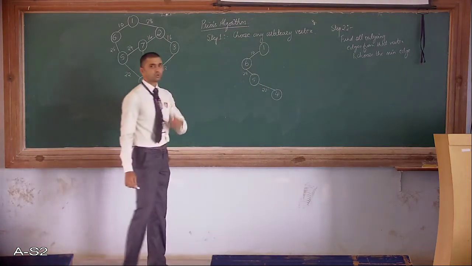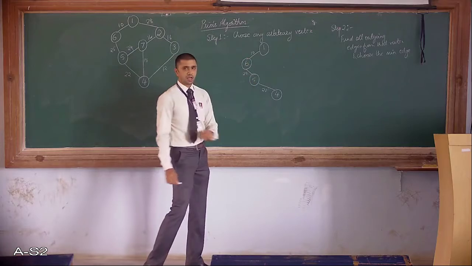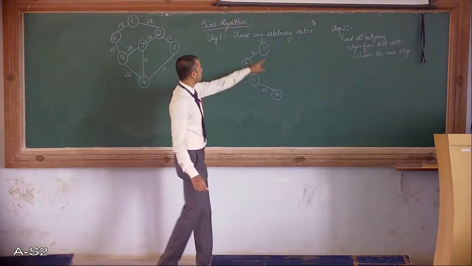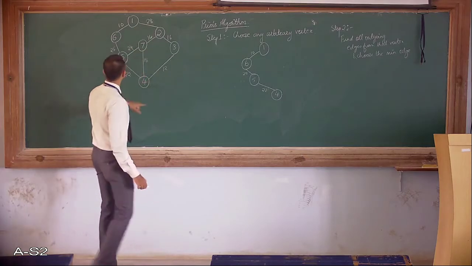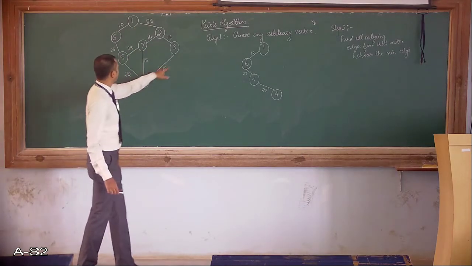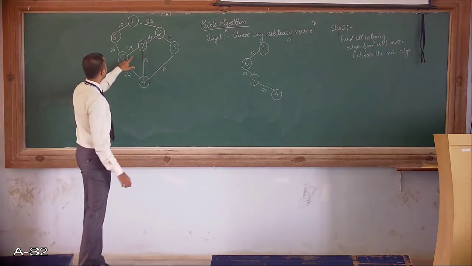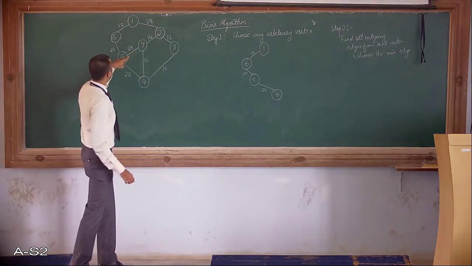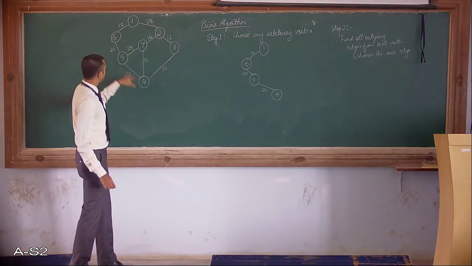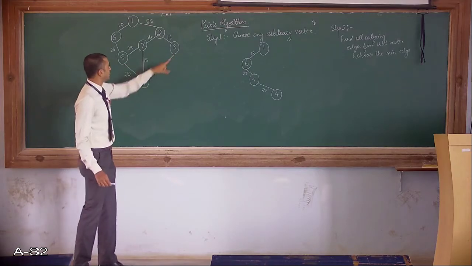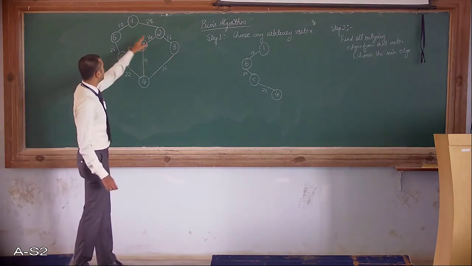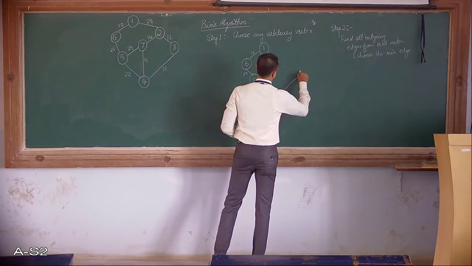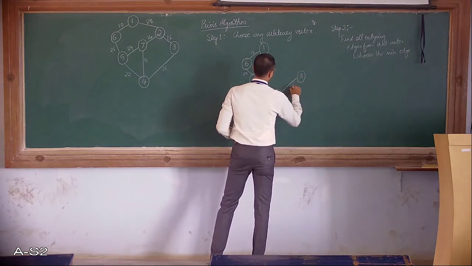Now, these are all the visited vertices. Check all the outgoing edges from each of them and choose the minimum. So I have to consider 5, 4 and 1. So 1 to 2, 5 to 7 and 4 to 3. Out of these three, which one is the minimum? 4 to 3. See here: 1 to 2, 5 to 7; 5 to 4 is already done. 12, 24, 28. 12 is minimum. So choose this, 4 to 3. What is the weight? 12.